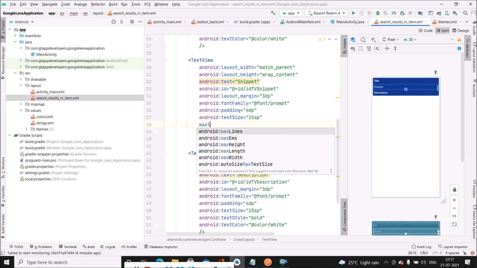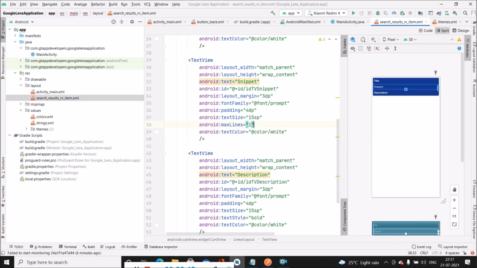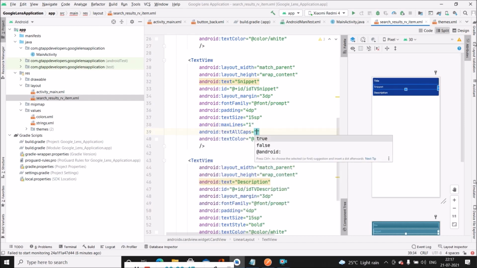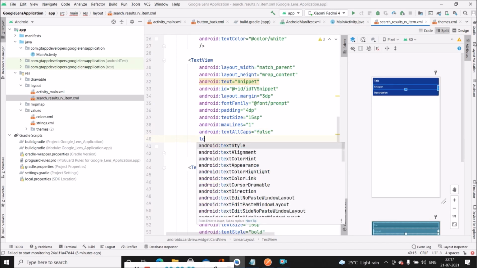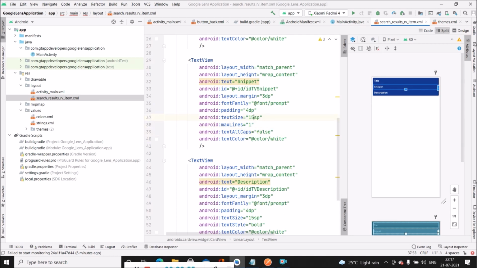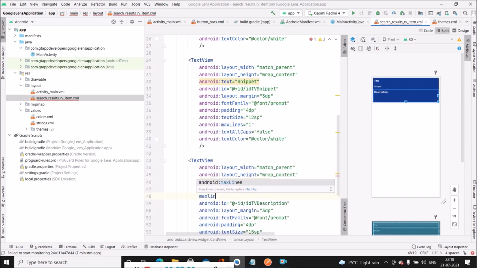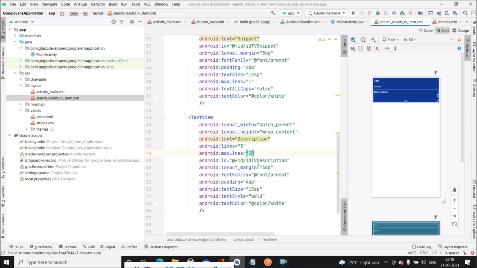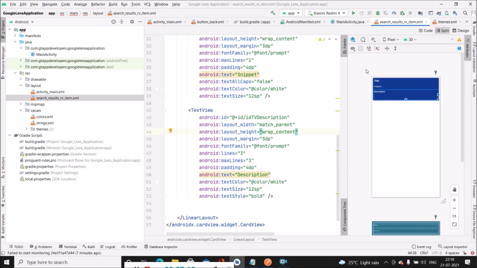In the case of snippet, we will specify max lines as 1, all caps as false. Then we will update the text size to 12 sp. And in case of description, we will specify lines as 3, then max lines also as 3, and here also we will update the text size to 12 sp. Now we have completed the coding part for our search view recycler view item.